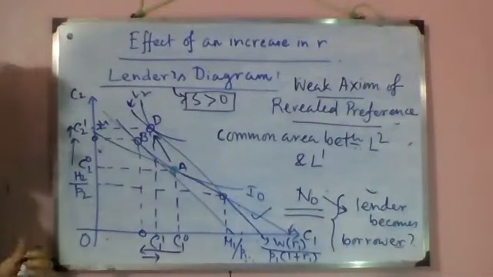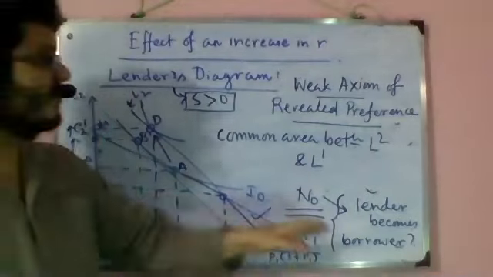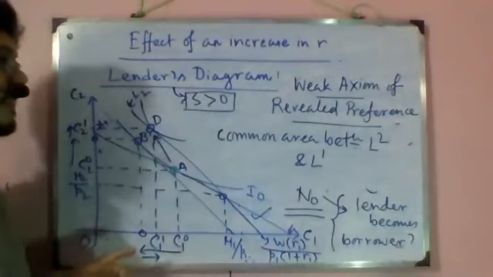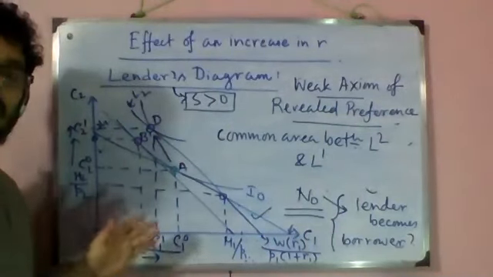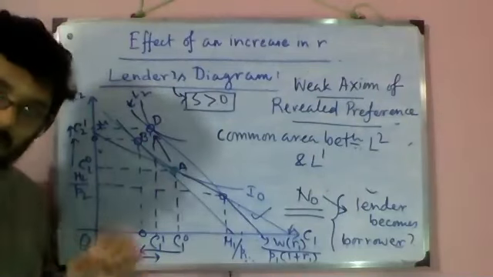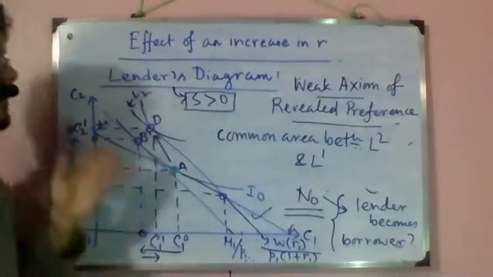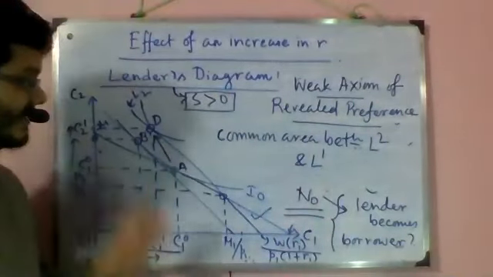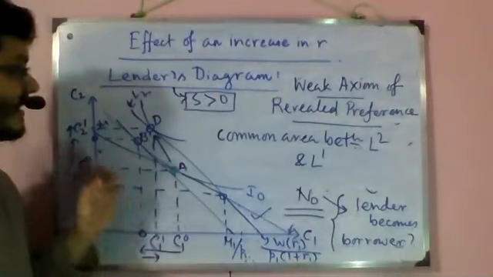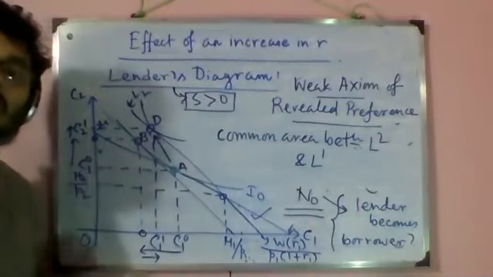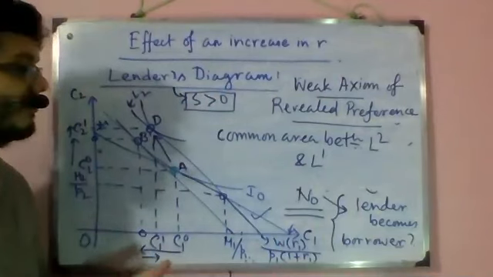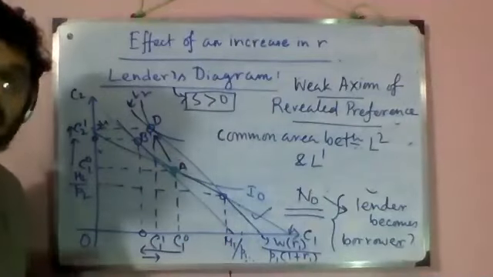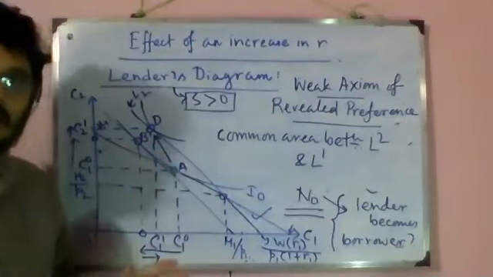All right. So let me say it again, and this is a rule. Remember this result always. When the interest rate goes up, for a lender, the savings may decrease, but it will never decrease to such an extent that the lender becomes a borrower. The reason is that the points the consumer would choose as a borrower were already available in the first case when he chose to be a lender.